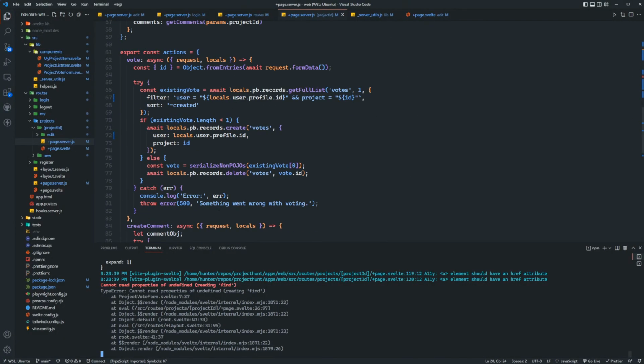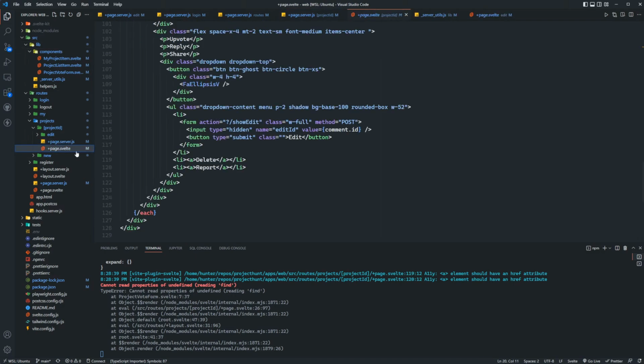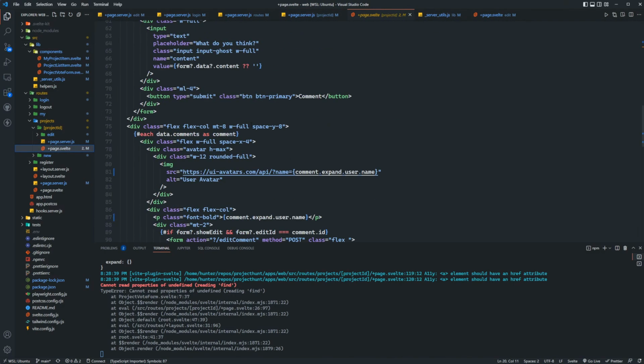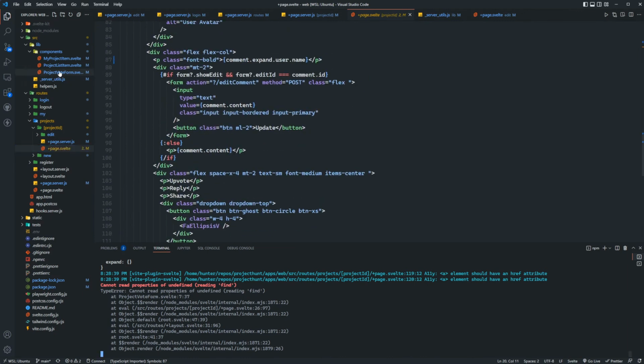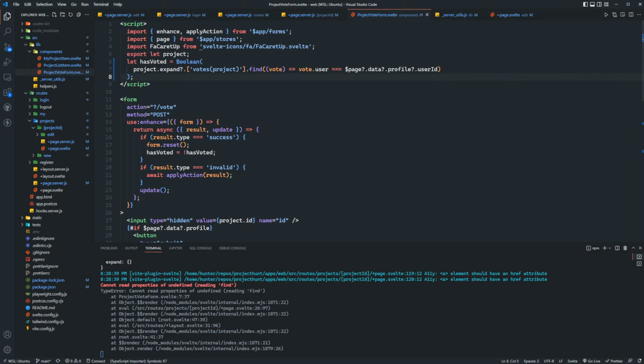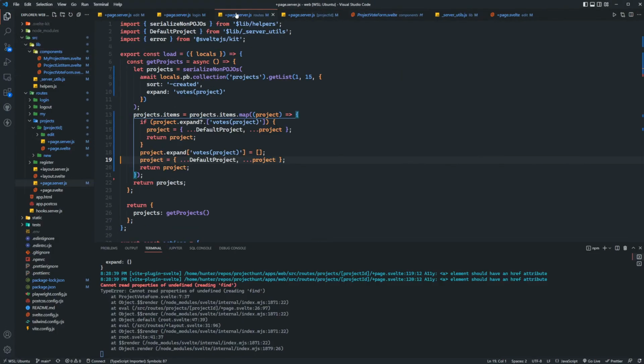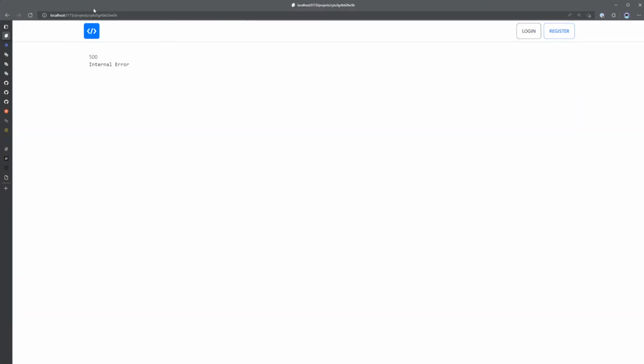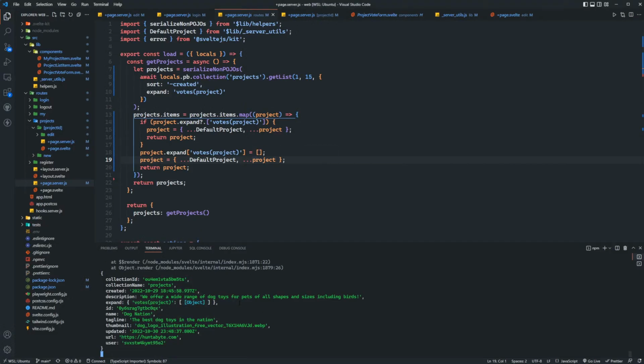I'm trying to find something somewhere. Dot find. Oh, it's actually on the page, I think. Wait. Oh, in the project vote form. So here, I guess this project probably doesn't have a vote, maybe. Let's see. This has votes, so I guess I have to do the same things I did over here. There as well. But I won't need to map it because it's just one. So basically if project.expand votes